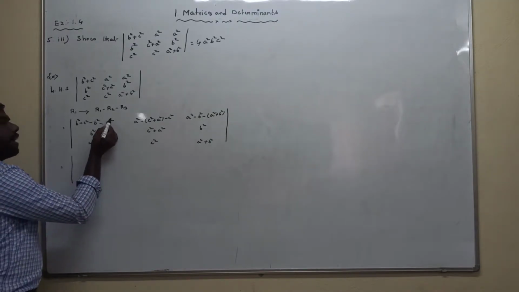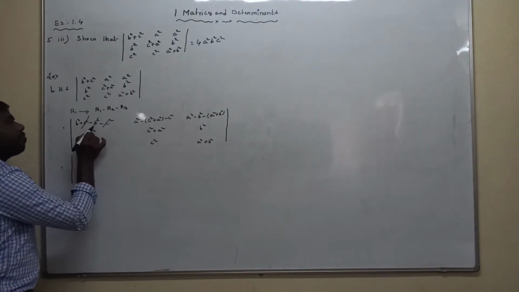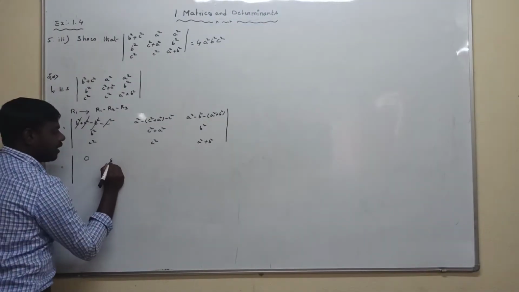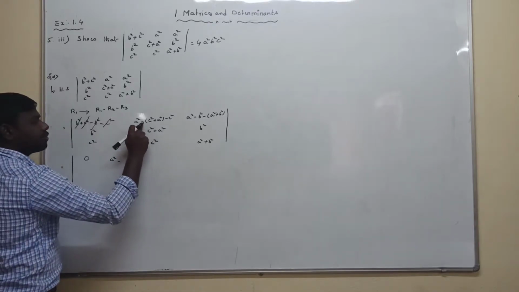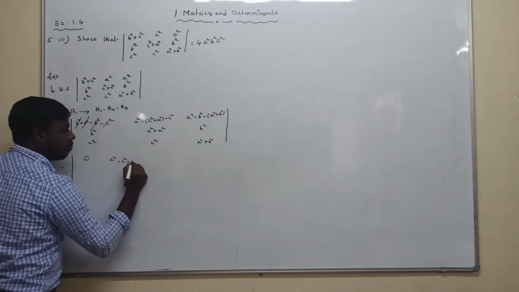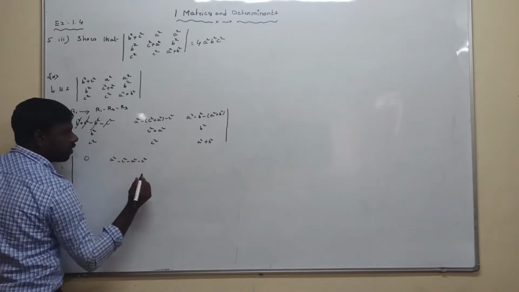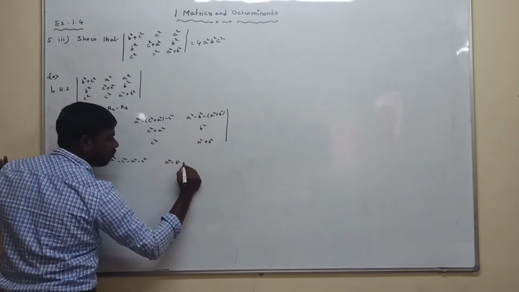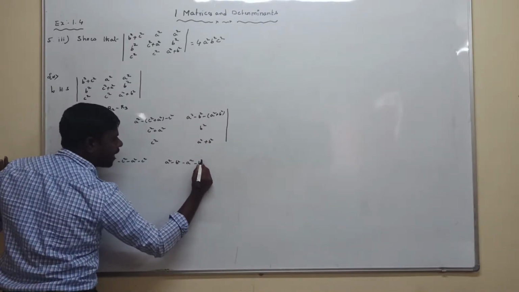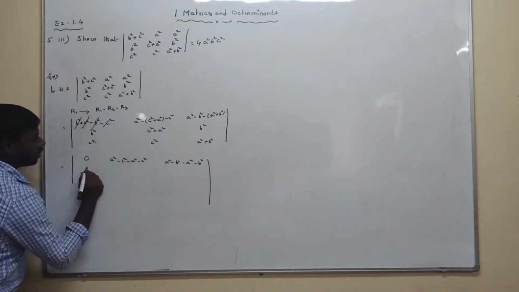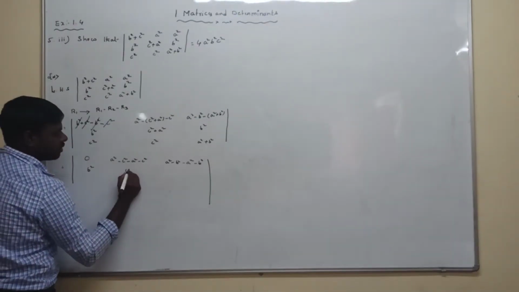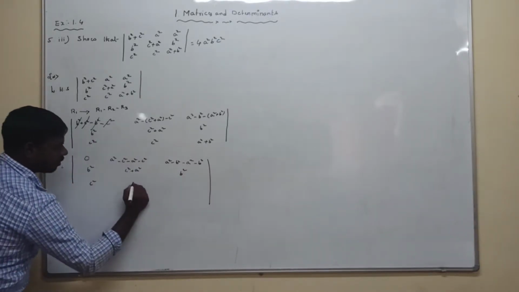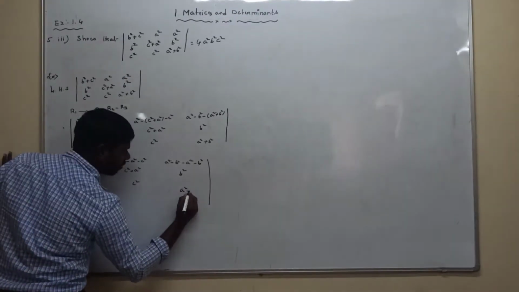Now minus c square plus c square, minus b square plus b square, we get the value 0. Next, a square eliminating with minus c square plus c square gives minus c square minus a square minus c square. Next, a square minus b square, with the negative, we get minus a square minus b square. The second row and third row do not change, so the elements are written as they are: b square, c square, a square plus b square.